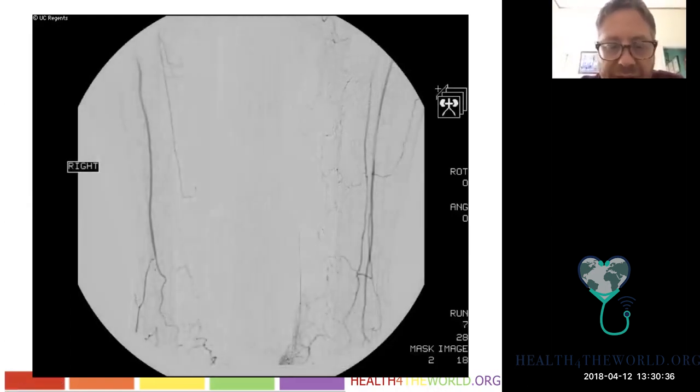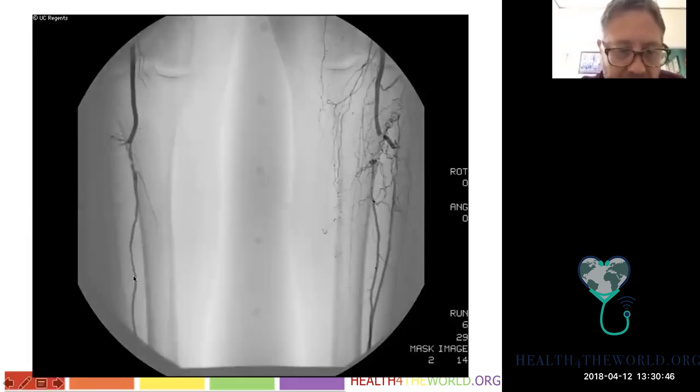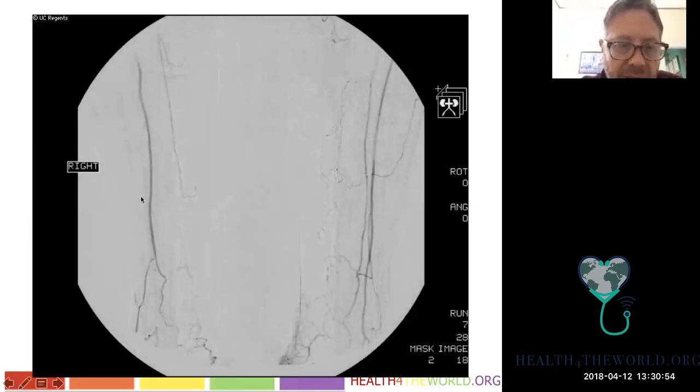As you go further down, we're still trying to understand what's going on, and so obviously a little bit of confusion. But remember how I said that was the peroneal? Here it is. Here's the peroneal coming down. I know it's the peroneal because it's a straight continuation of the TP trunk. And I know it's the peroneal because if I follow that vessel down, it stops above the ankle, as I